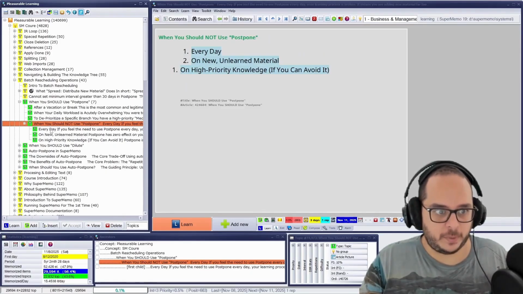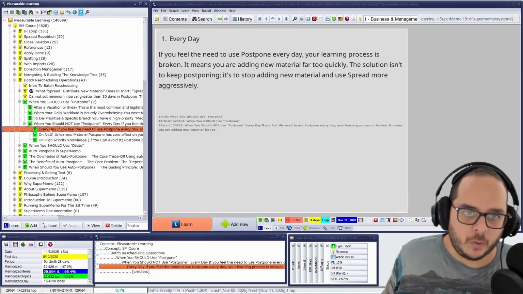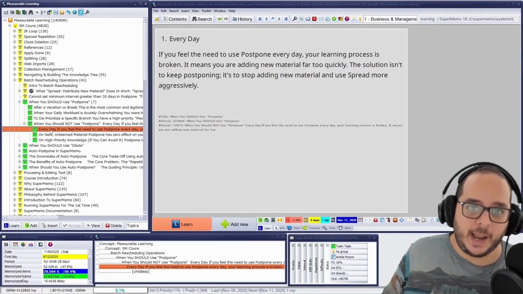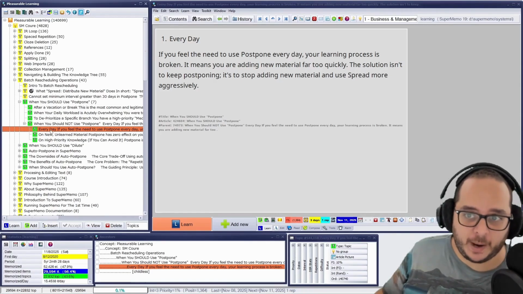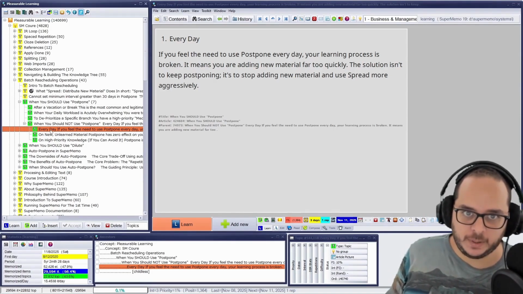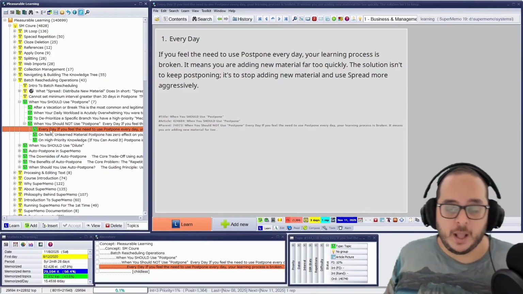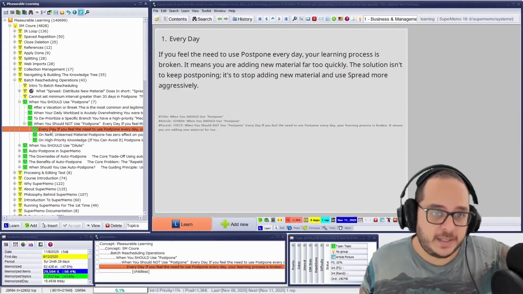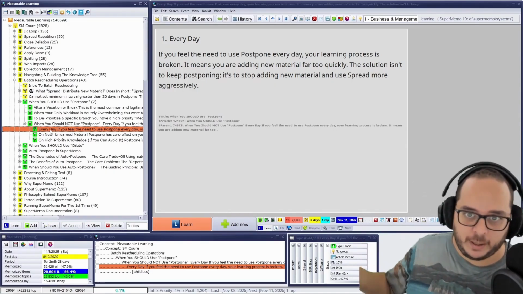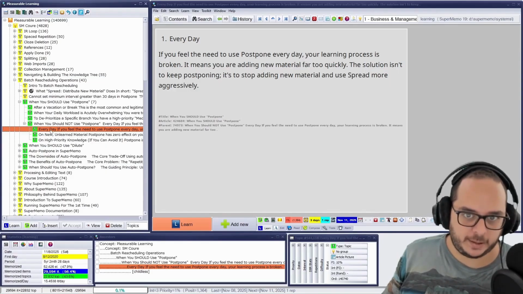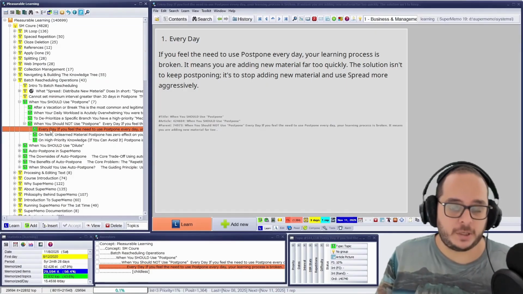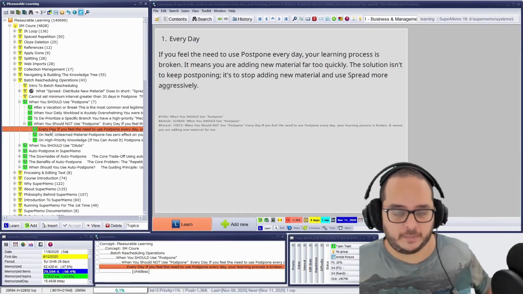Then we will see when not. You shouldn't trigger auto-postpone every day. Even though it may sound obvious. Well, actually, yes, you can do that. And there's a name, and we will see this later in this section, and it's auto-postpone. That this is triggered every day. Doesn't mean that it has effect every single day. It's triggered every single day, but because there are some criteria, perhaps no element is met in that criteria and nothing is postponed. It's an important nuance. Because it's triggered every day doesn't mean it's effective every day.